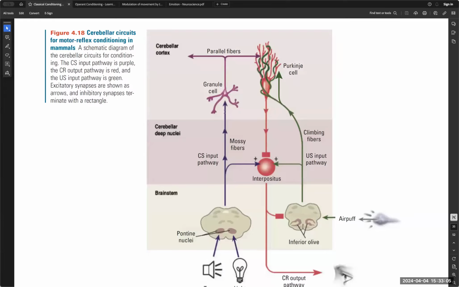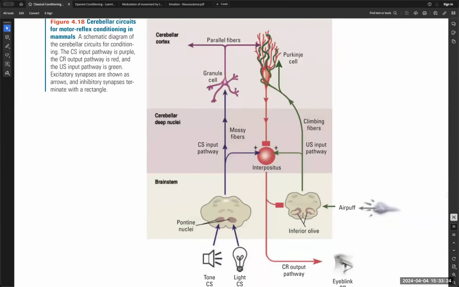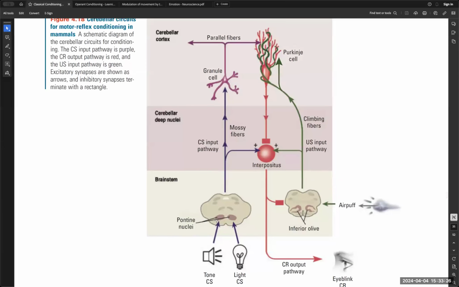All right, again the contralateral pontine nuclei will carry the somatosensory input, which is the CS. We called it the CS. And the other aspects will carry the US information, which is either a shock or something else, or the air puff in the case of